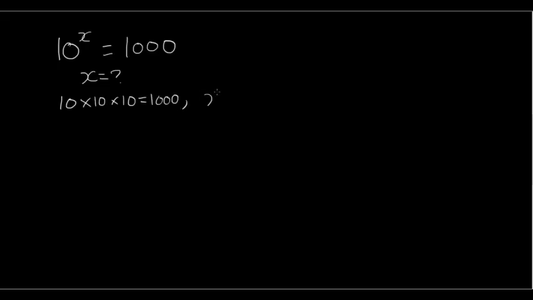So therefore x must equal 3. That's pretty simple, but we want to try and use our log button to solve that. So rewriting this equation using the log format,